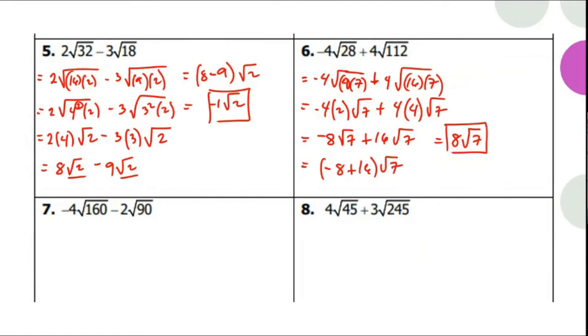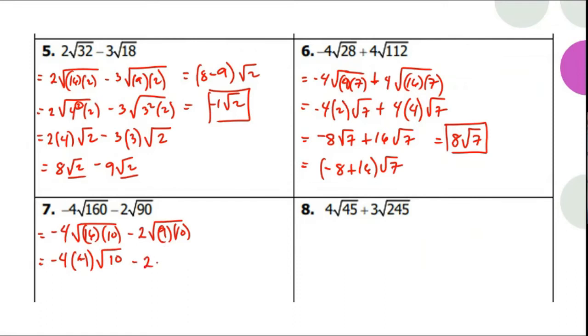Moving on, let's have number 7. So we can now find the simplest form of negative 4 square root of 160 minus 2 square root of 90. So 160 is 16 times 10, and 90 is 9 times 10. So we can now simplify 16 and 9 outside the radical. So we will be having negative 4 times 4, since square root of 16 is 4, square root of 10, minus 2